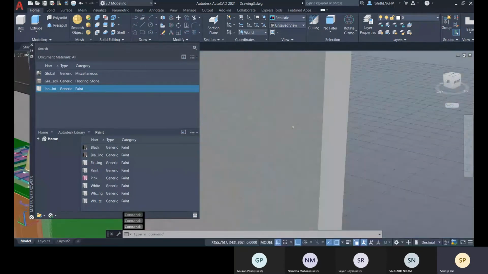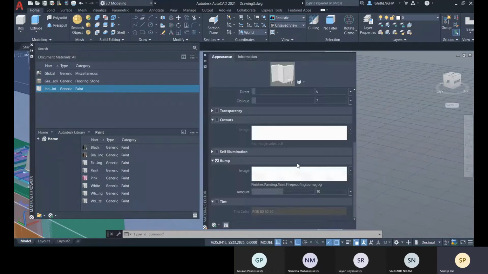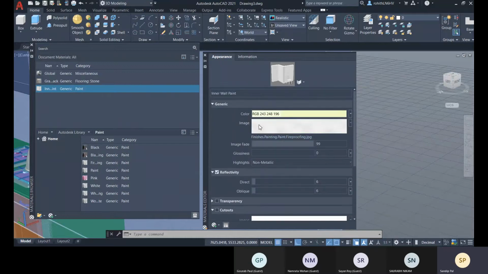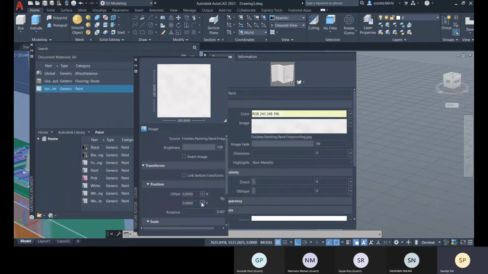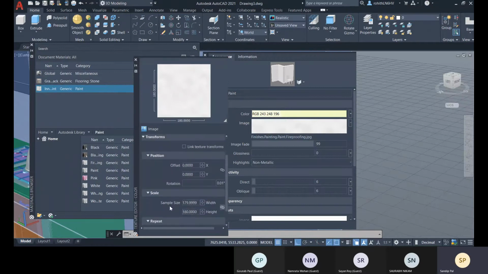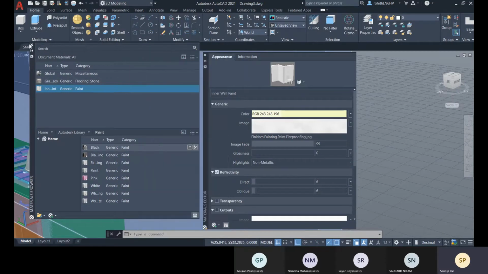Now here you can see the images have been applied in tiles, so you can change the tile size. You can change the sample tile size as per the tile size, or you can make it as a whole as per the wall surface area. Okay, so that is okay now.